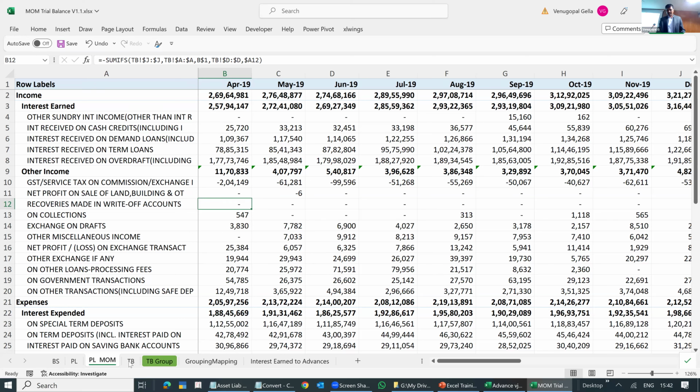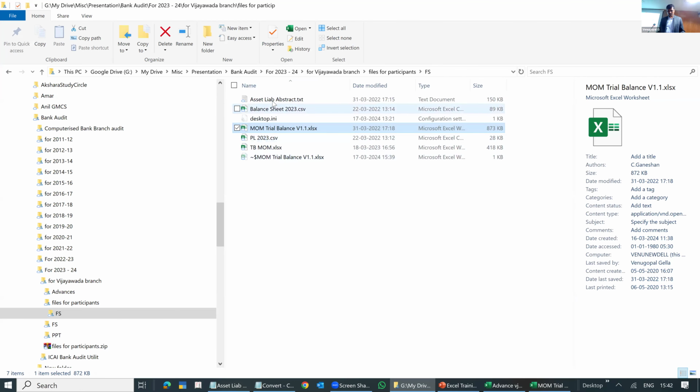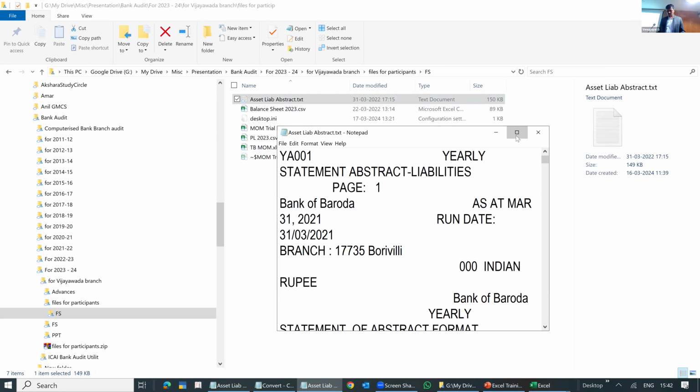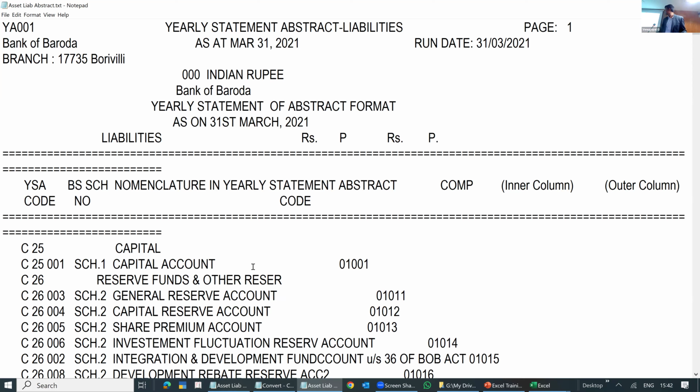So when you download the trial balance from the system, this is the trial balance which I have downloaded for the full year. This is as on 31st March, and they will give you a similar one as on 29th February, 31st January, 31st December.